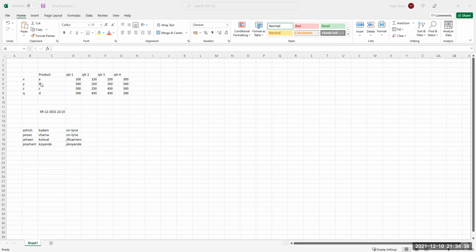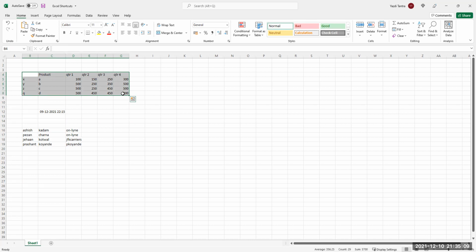If we are anywhere in a series of cells which looks like a table and you want to convert it to a table, how do you do it? Any idea? See, you are in this series of cells, okay? You want to convert it into a table. How do you do it?